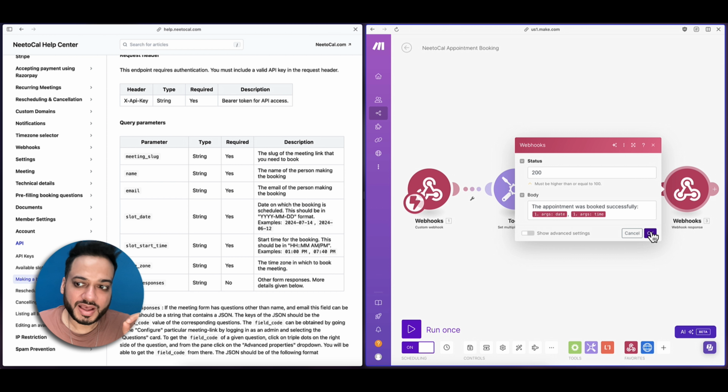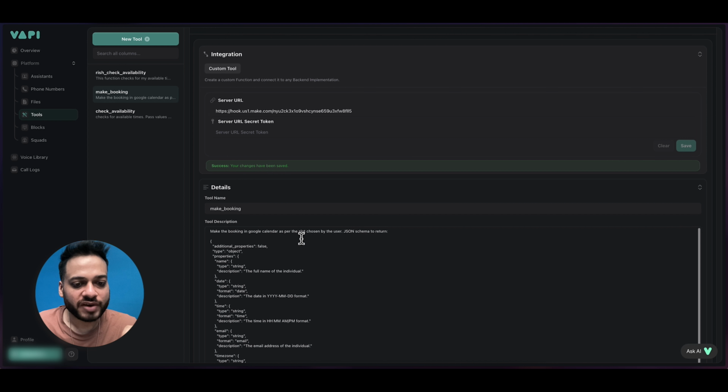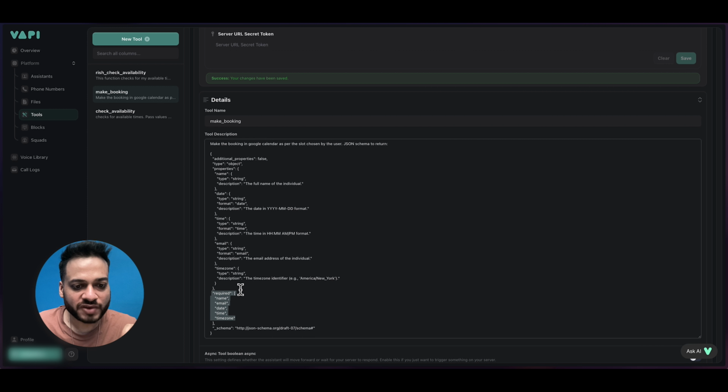So this was a meeting that I had made, and you can see the example data. This was the example data that I passed in this particular webhook. This is what I actually told the AI assistant on the call, and it converted my speech to text and passed all of these variables. And why did it pass all of these? Because we had defined all of these right here inside the make a booking variable, and we have told it to pass all of these variables in this format. So the advantage of having LLMs is that you can just tell the LLM that I want the data in this format, and it will automatically create that format for you and pass it through your JSON data webhook format.